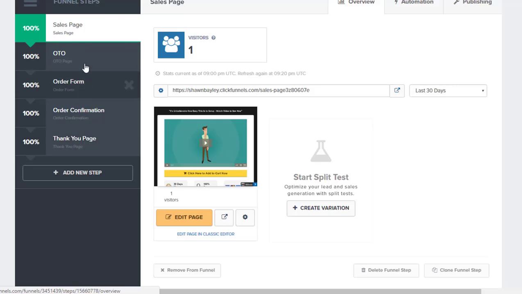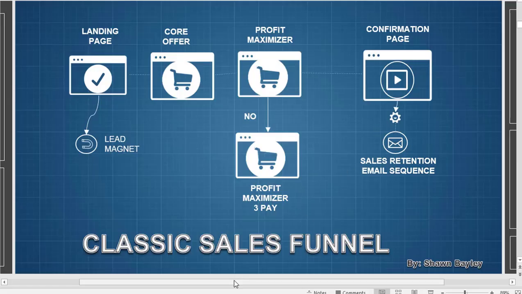We can drag and drop as far as the order of things. If I want to grab a page, move it to a different order in my funnel, I can do that. Just going to cancel there. If I want to add more steps to my funnel, I can do that as well, which is what we're going to do. So if we go back really quickly to our blueprint,